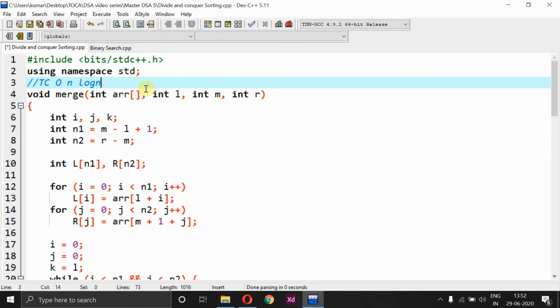But when it comes to the merge sort algorithm, it has been proven that the time complexity is going to be O of n log n for all the three cases. No matter whether it is the worst case, best case or average case, for every case my final time complexity is equivalent to O of n log n. So that's the main reason why we give preference to the merge sort algorithm.